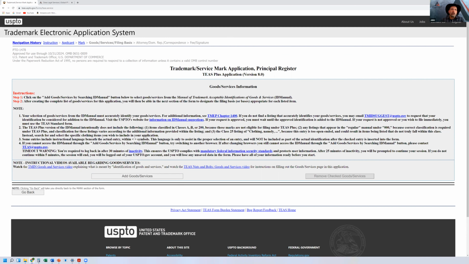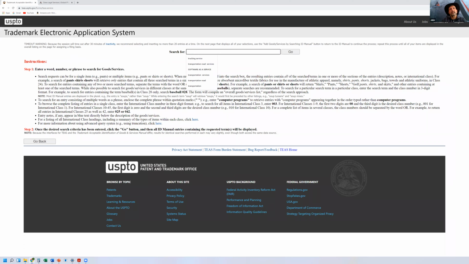You have to know what goods and services you want to be associated with your mark, regardless of whether you're actually using it or you plan to use it. Of course, if you're using it, you know what goods and services are used. So I'm going to click goods and services, and it's going to take me to a page where I can now search for various types of things. And you can search for anything. I can put legal